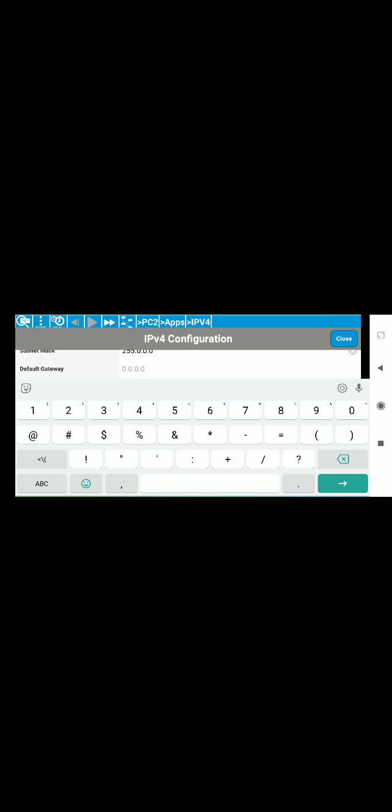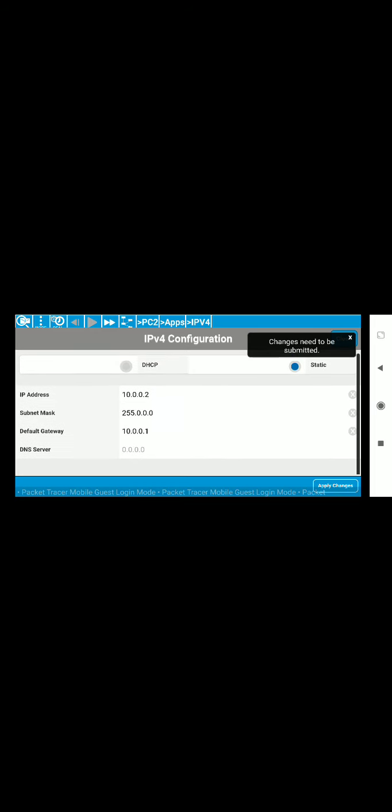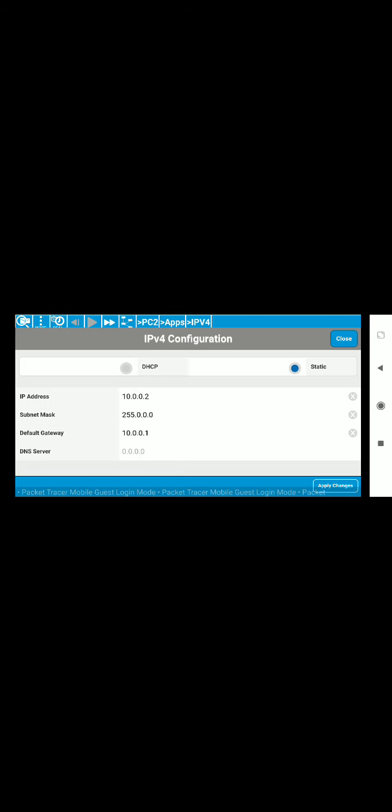So we have to write the default gateway here: 10.0.0.1 is the default gateway for our third network. All these things we have to set, then click on the close button. So now our network is ready.